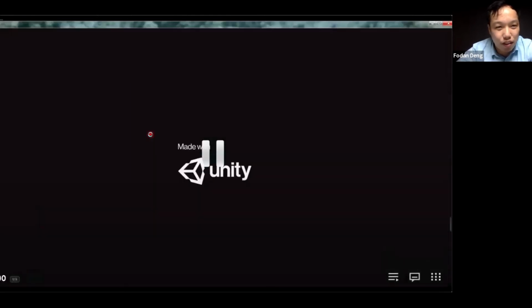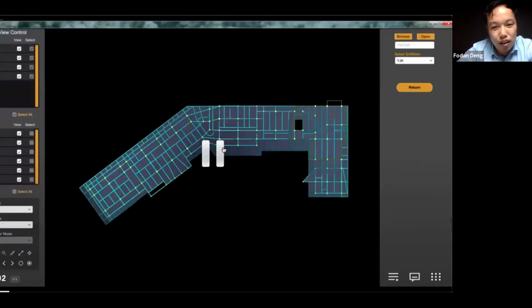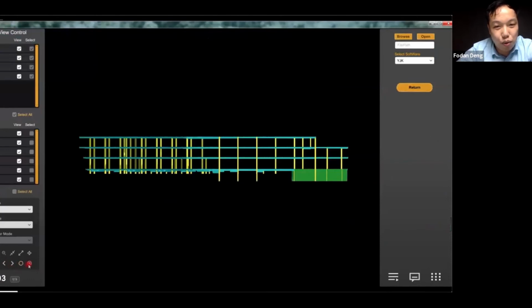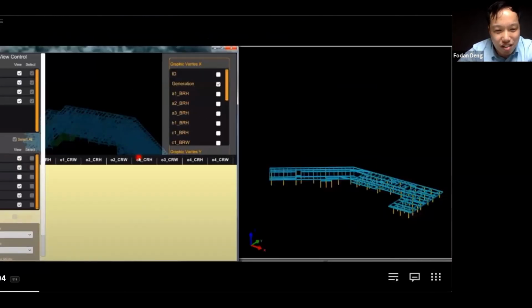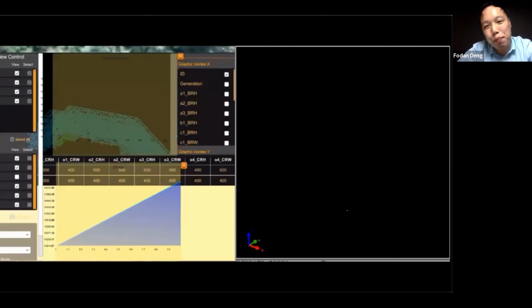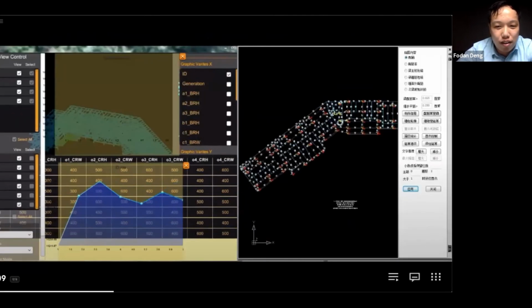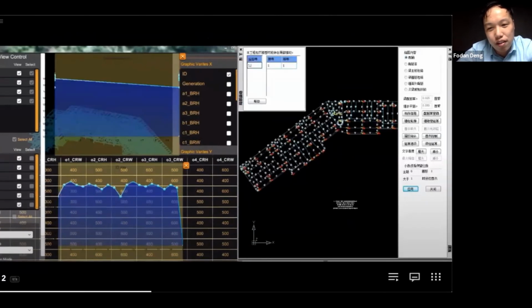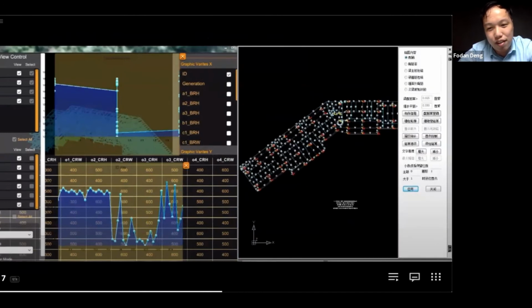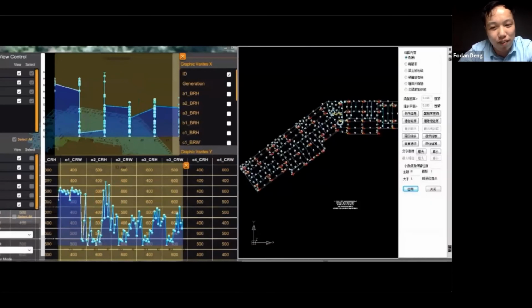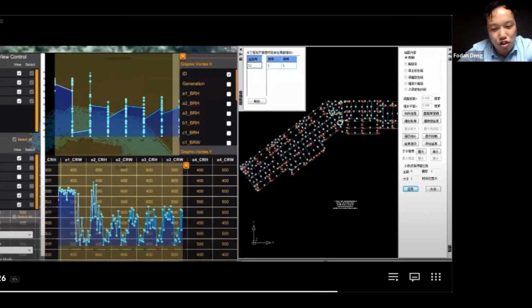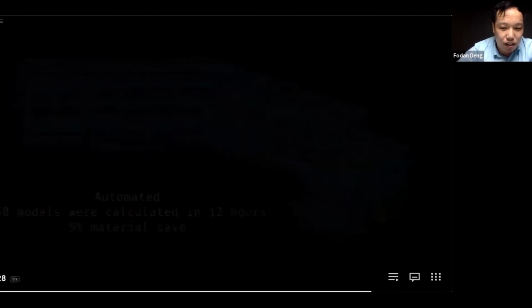Once the setup is done, we can continue to the second part, which is automatically adjusting this structure model. We can see on the right-hand side here, this is the structural calculation software. We use the API to drive it to run the structural calculation and the validation, or I mean the result evaluation. And the left-hand side here, every 1 point,